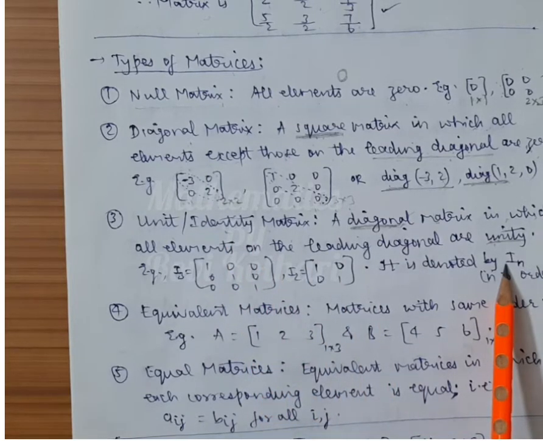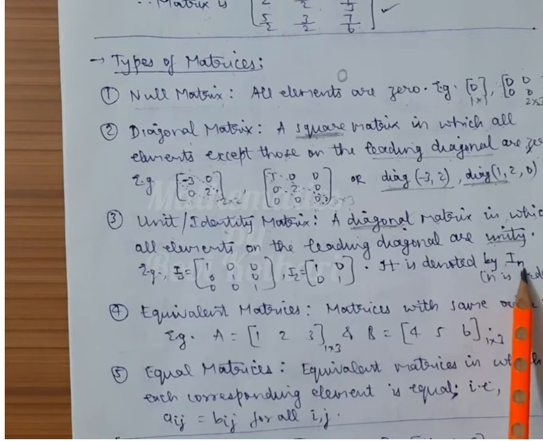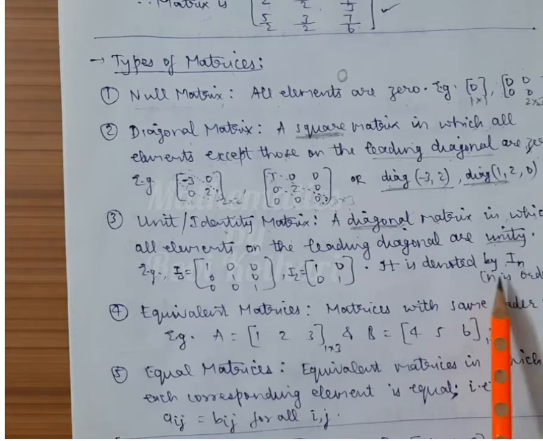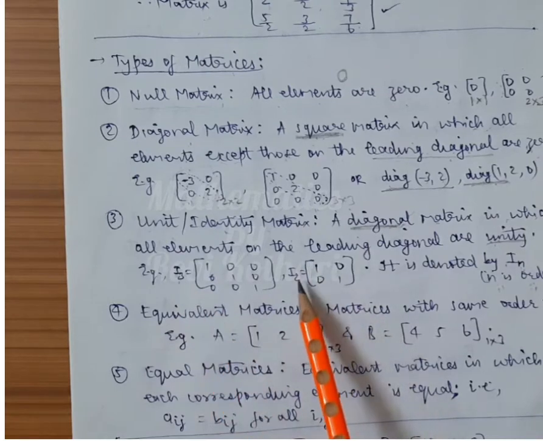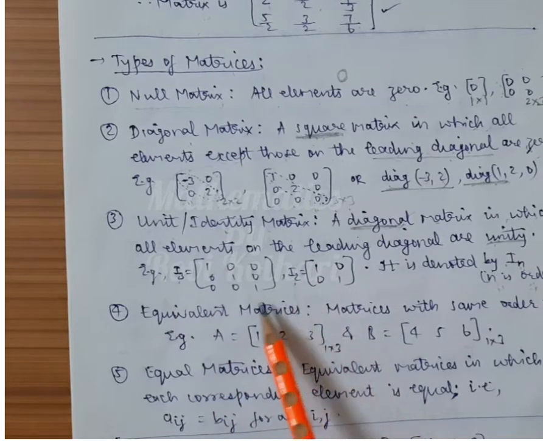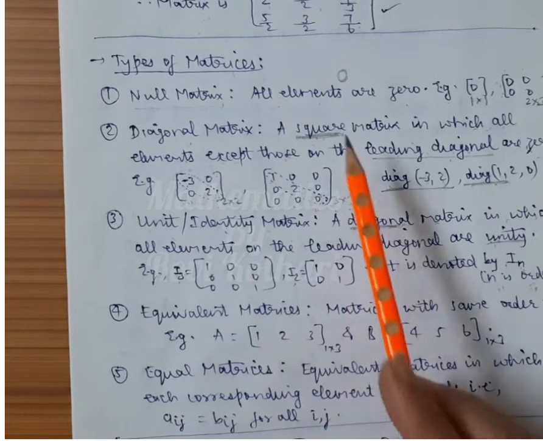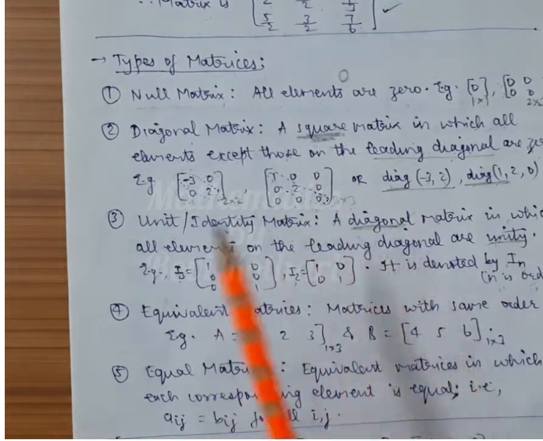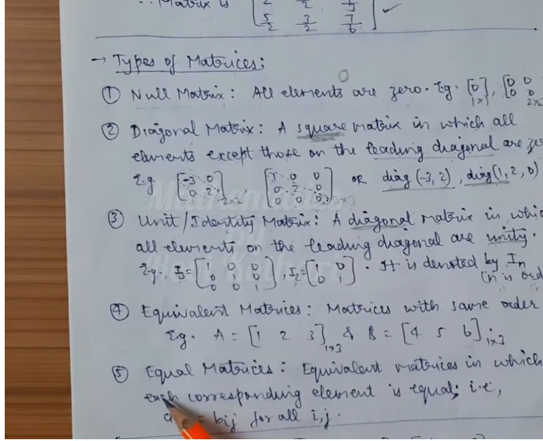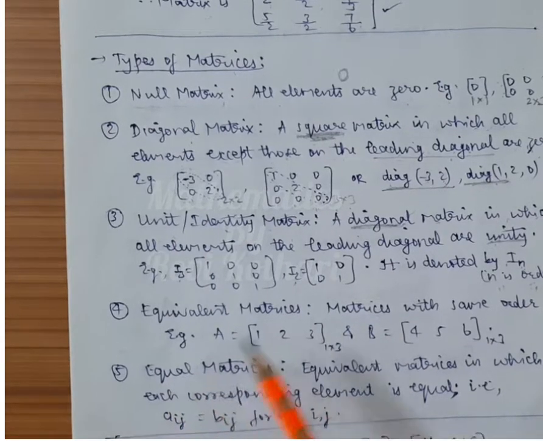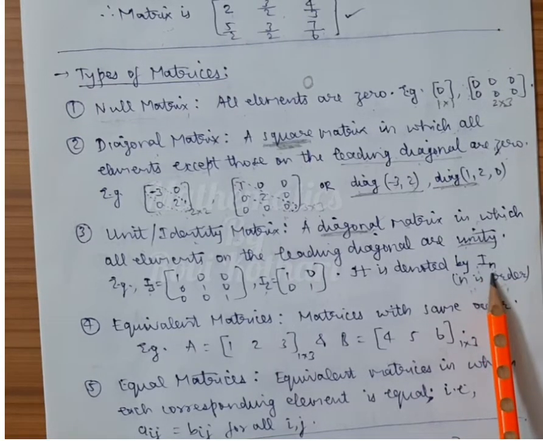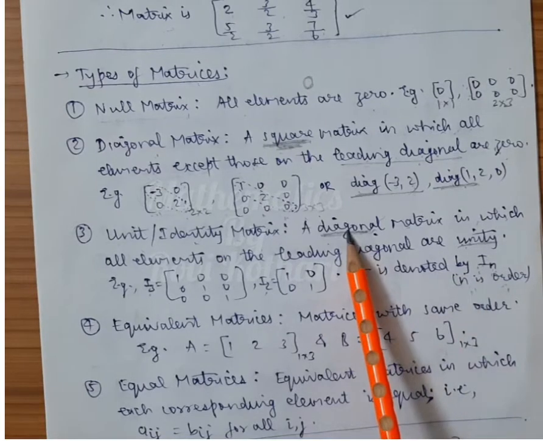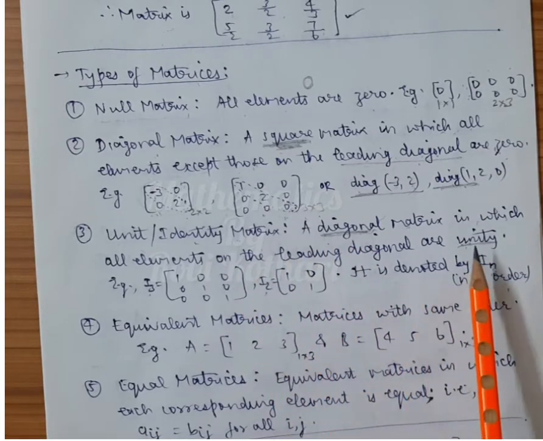The symbol used for identity matrix is I. Now, what does this n denote? I've written n in the subscript. N means the order of the matrix. For example, if it's a 3 order matrix, I will write it as I3. If it's a 2 order matrix, I will write it as I2. Not 3 by 3 or 2 by 2, it's not necessary. Why? Because it is already a square matrix, because it is a diagonal matrix, and a square matrix will always have rows and columns equal. So you need not write both. Just writing I subscript n is sufficient to say that it is an identity matrix of order n. That means it's a diagonal matrix in which all the leading diagonal elements are 1.